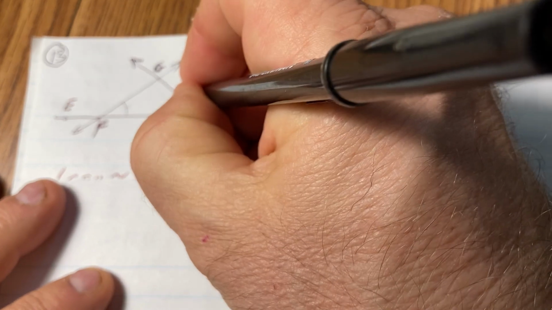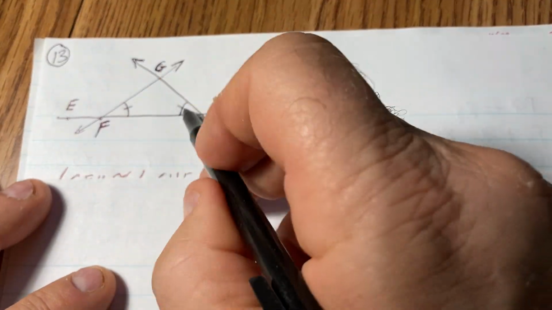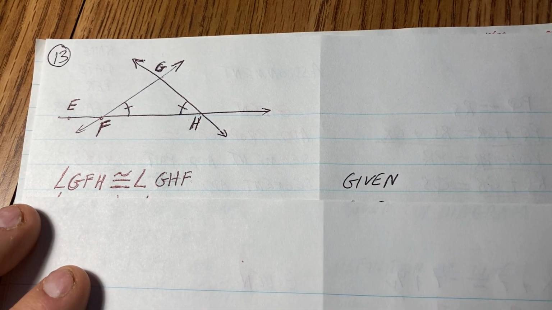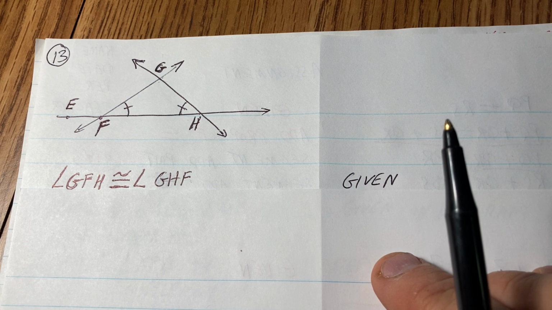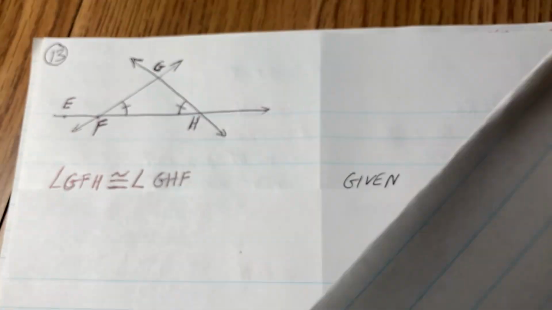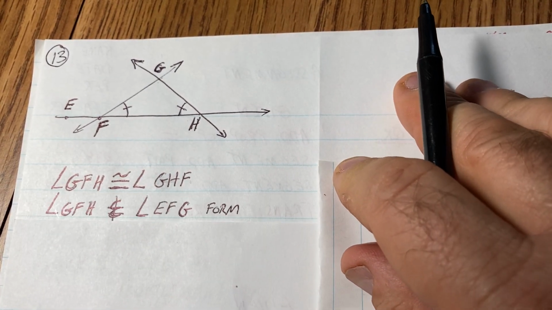Put something underneath that so it writes a little better for me. That's a little smoother arc. Those angles are congruent because it's given to us. That's given to us. Then I think I'll be able to do this stuff ahead of time and fold a piece of paper. Okay. Then I'm going to write